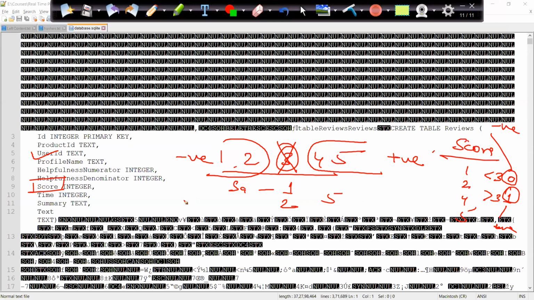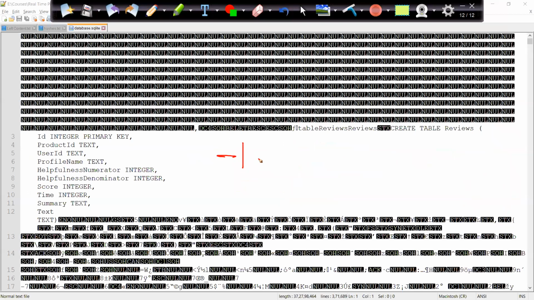Because at the end, what I want is to create a classification algorithm. Now, classification algorithm is what? Where I want to know whether something will happen or not, whether the product is negative or positive. So I am trying to create an algorithm which will classify the product. If someone comes up with a product, I want to know whether it has a negative review or a positive review.